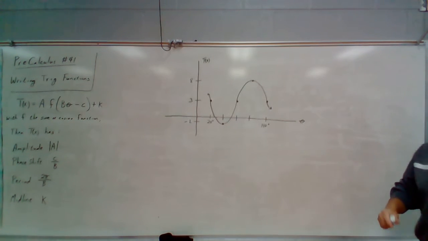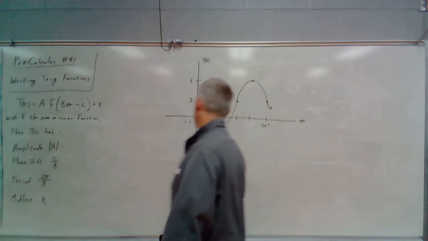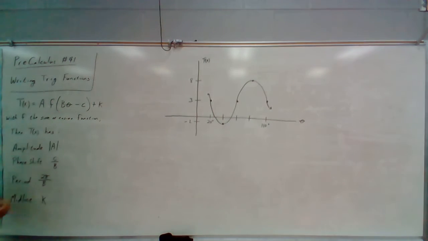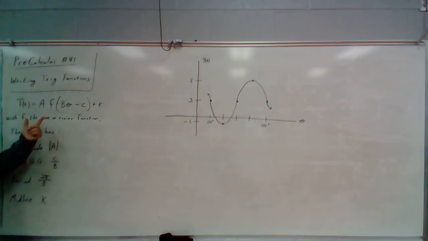All right, so let's tie together everything we've learned about transformations of trig functions. Let's say that f is just a sine or cosine function. So I have something like a times sine of b theta minus c plus k, or it could be cosine. If that's the case, then as we've learned, the amplitude will be the absolute value